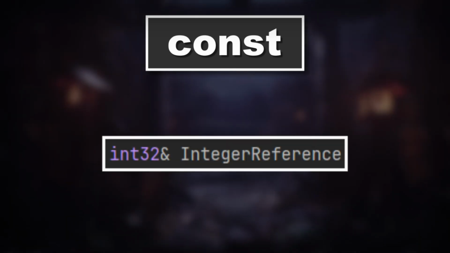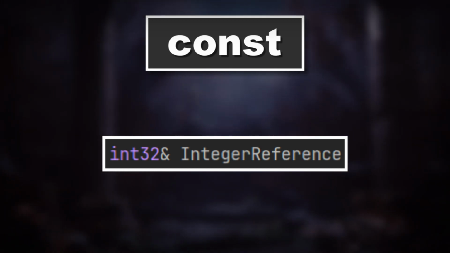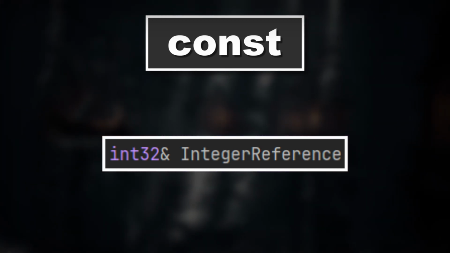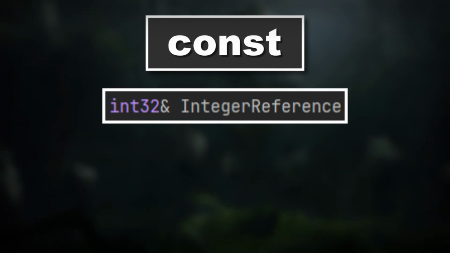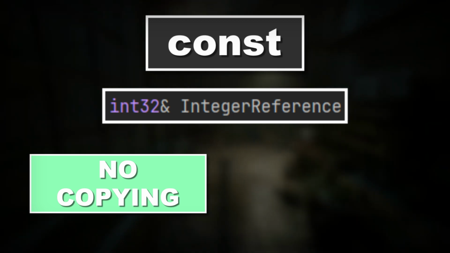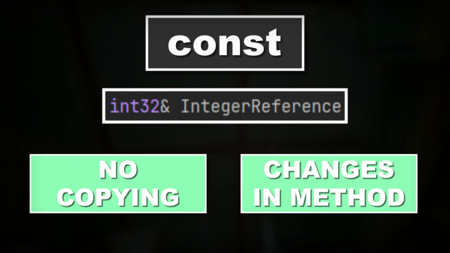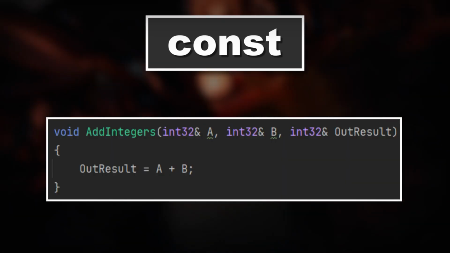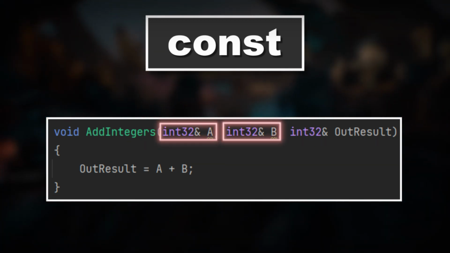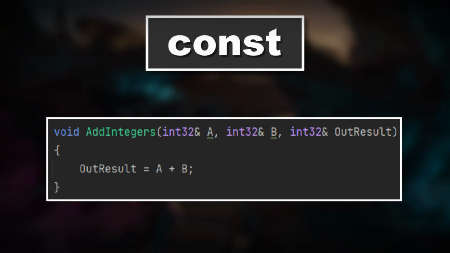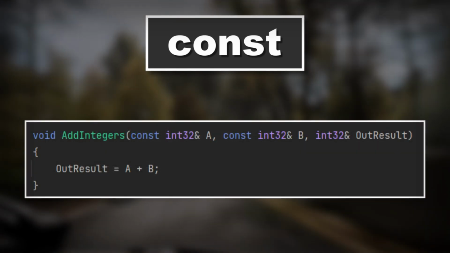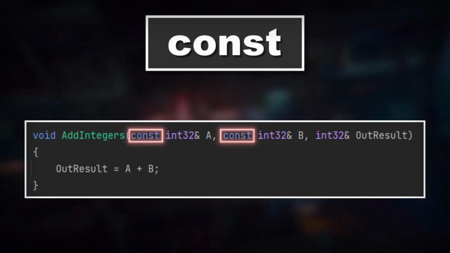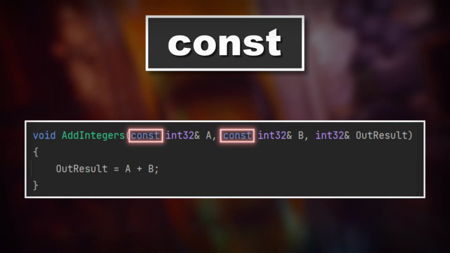When we look at creating methods and using references as arguments, const can also provide you with additional support for preventing errors. Like mentioned in another video, when you pass a variable by reference to a method, you don't have to copy the variable and you can change its values from inside the method. For example, this method. We pass in A and B as a reference, but basically we don't want to change their values inside this method. For that, we can mark those arguments as const, basically preventing that we can change the value from within the